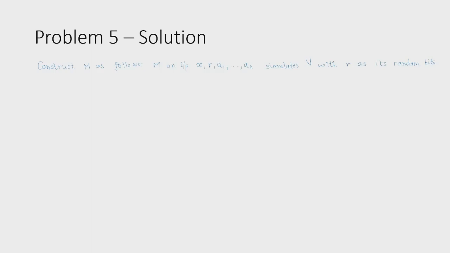So we need to give it a string, which it would treat as a random string of V. So M on input simulates V with R as random bits and checks if V of X is equal to A1, V of X, A1, A2 is equal to A3, and so on, V of X, A1 to A(K-2) is equal to A(K-1), and V of X, A1 to AK is equal to 1. If yes,